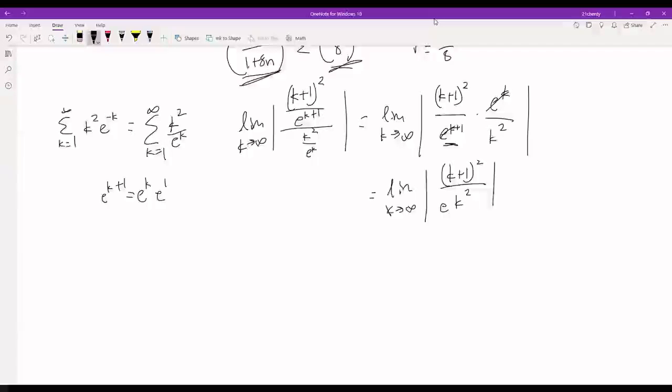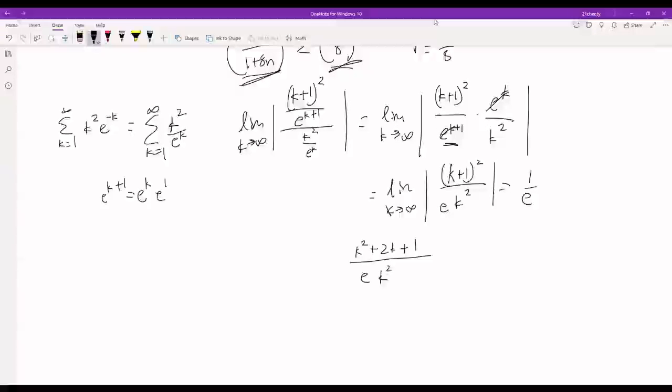Now, intuitively, we can see that as k approaches infinity, as k gets extremely large, the k plus 1 squared and the k squared are practically the same value, so they'll just cancel out, and we will be left with 1 over e. But if you want a more mathematical justification for this, we can expand out the k plus 1 squared into k squared plus 2k plus 1,